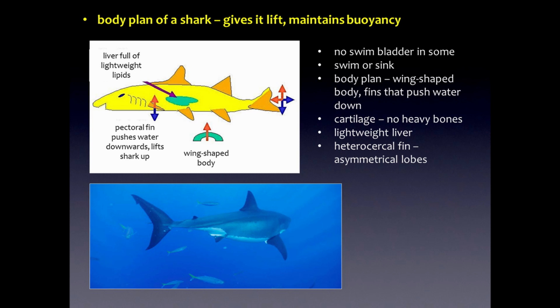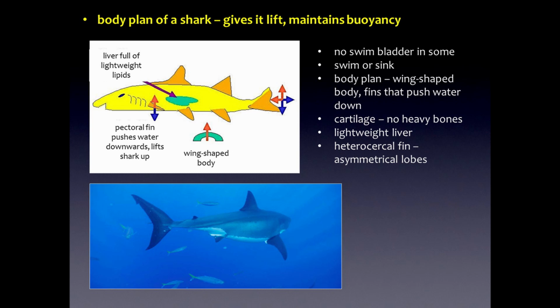It also keeps the tail up, and as the tail goes up, the head tends to go down. But to counteract this, the pectoral fins are actually angled. So this allows the head to remain up, even though there are forces that want the tail to go up and the head to go down. So it has these angled pectoral fins that push water backwards and downwards and help lift the shark upwards. It also has